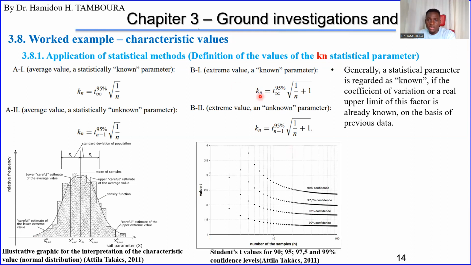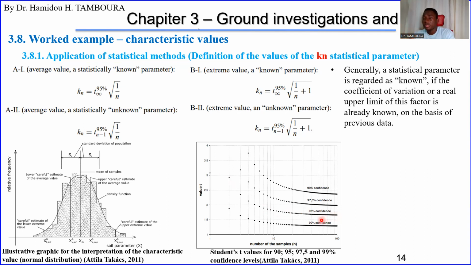Then is T, this T1, T. Okay, this student's T value, depending on the confidence, the level of confidence you have. In our case, we say that our level of confidence is 95%. So our level of confidence is here. We are confident at 95%